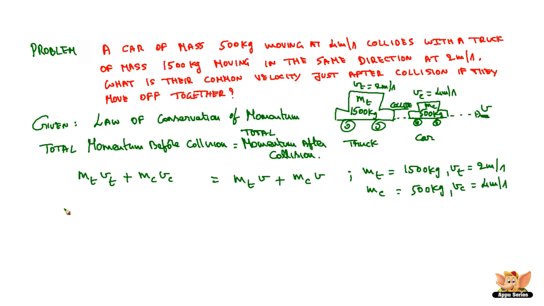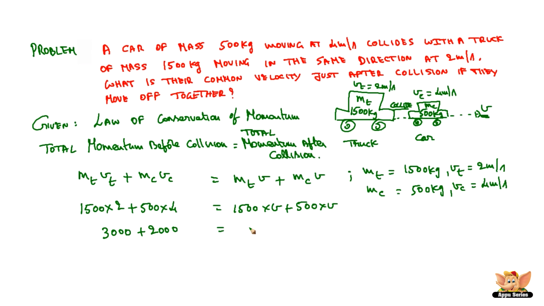So applying these values, we get 1500 into 2 plus 500 into 4 is equal to 1500 into v plus 500 into v. So this becomes 3000 plus 2000 is